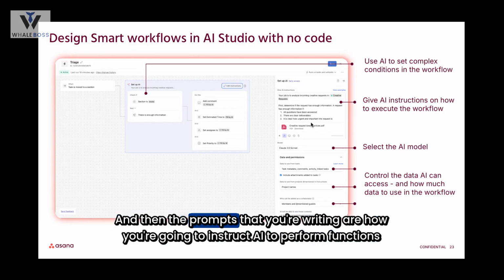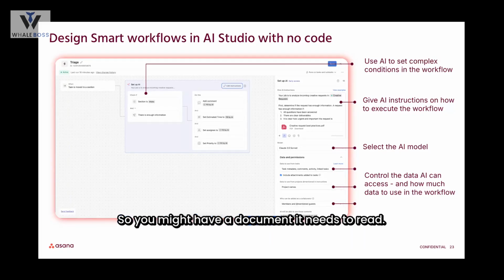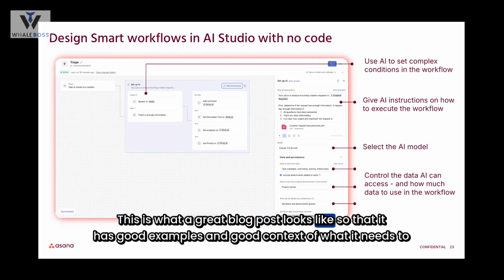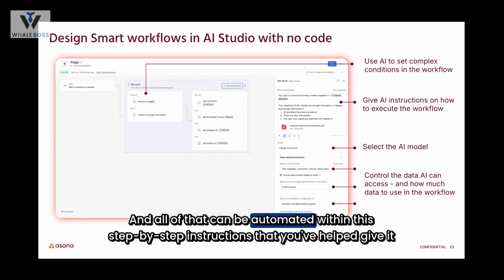And then the prompts that you're writing are how you're going to instruct AI to perform functions within that. So you might have a document it needs to read: this is what a great blog post looks like, so that it has good examples and good context of what it needs to produce. And all of that can be automated within these step-by-step instructions that you've helped give it to navigate,